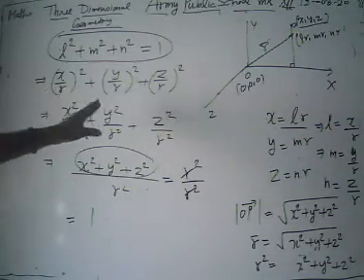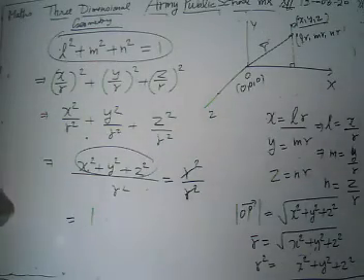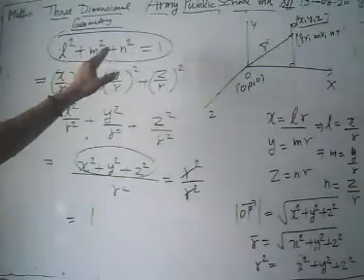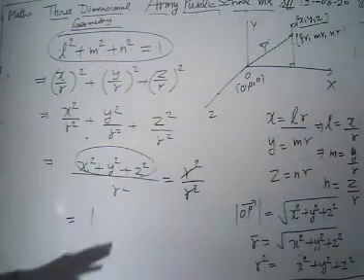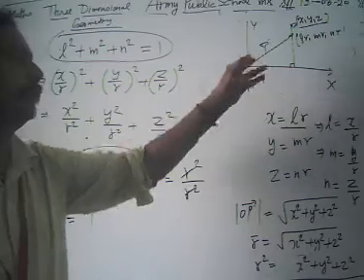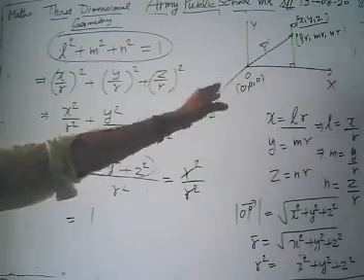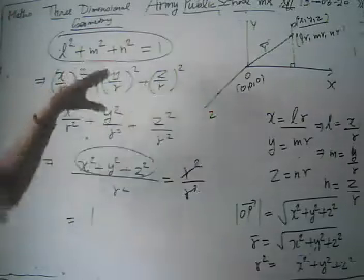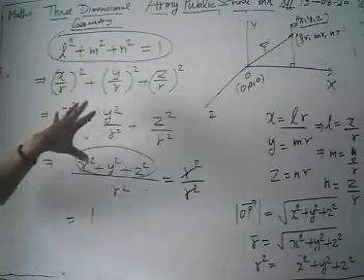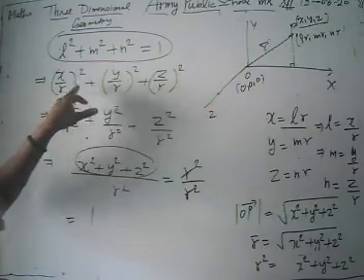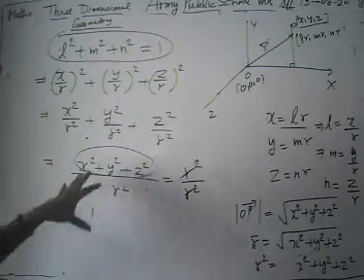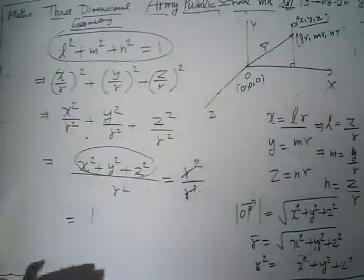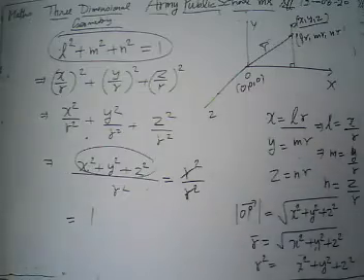Please go through it, because it may be asked as a 1-mark problem: prove that the value of l square plus m square plus n square equals 1. Draw the figure and find the point P in terms of lr, mr, nr, and put the value there and prove that it is given by (x by r) whole square plus (y by r) square plus (z by r) square. Then after solving this, we show that the value of l square plus m square plus n square is 1.